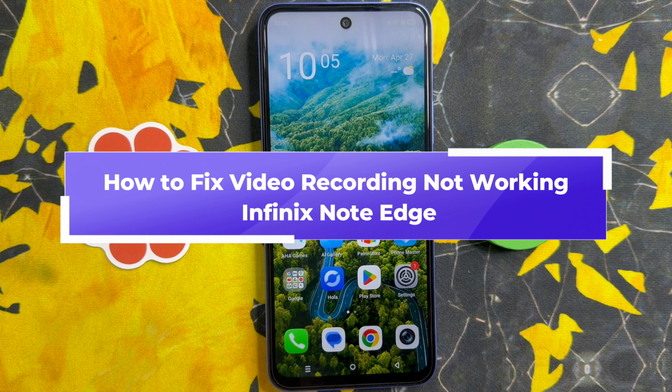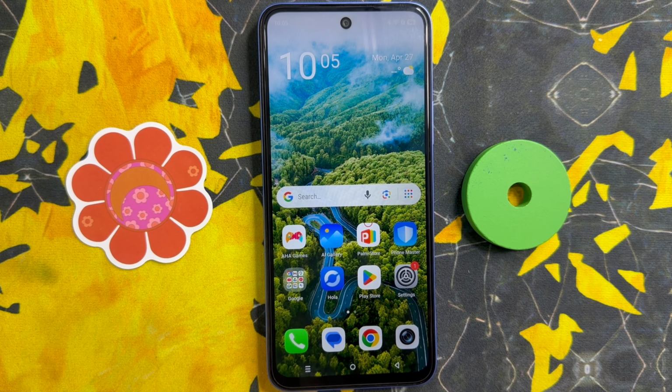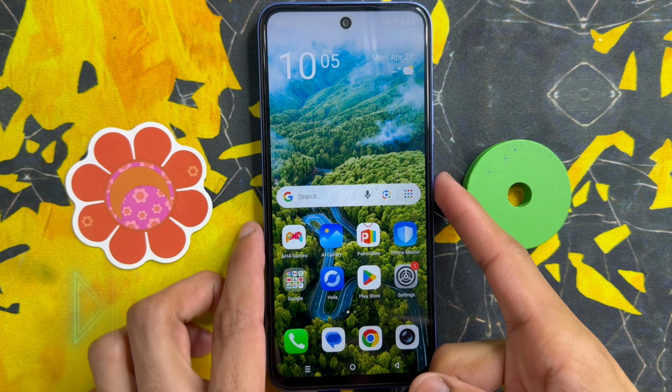In this video I will show you how to fix video recording not working on Infinix Note Edge. Let's start the video. If you want to fix this problem, restart the device. Just click and hold the side power button